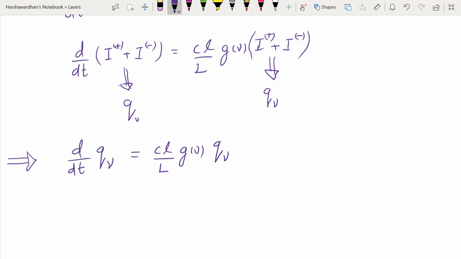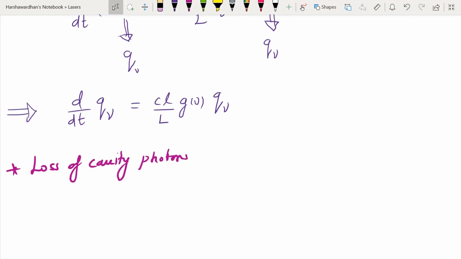The other half of the story is the outcoupling of the photons, right? So let us just look at that. To add that feature of loss of the photons, more importantly loss of cavity photons, let's figure out the rate at which the photons are being lost. So we know that the surviving photons, the intensity, after a round trip, let's say,